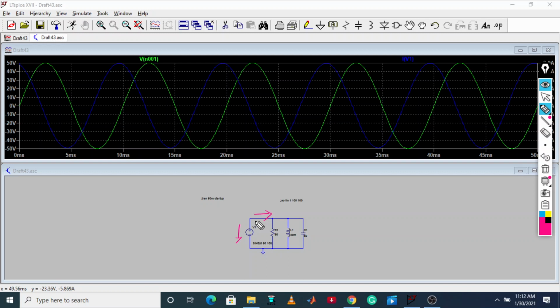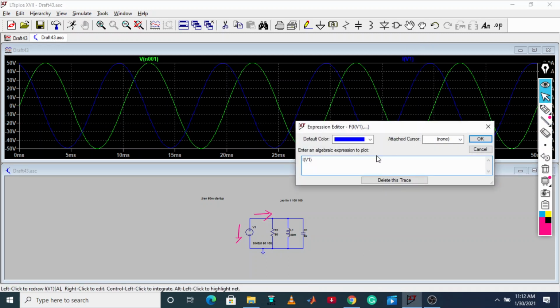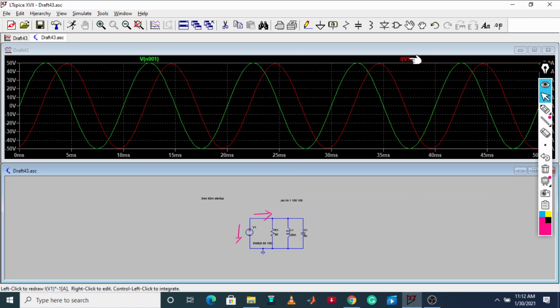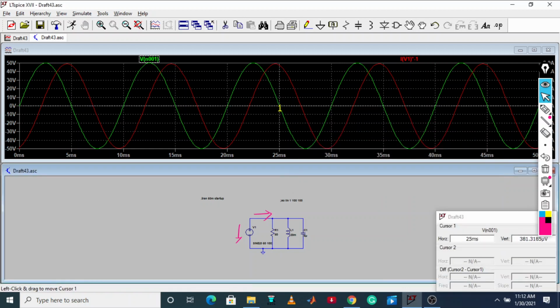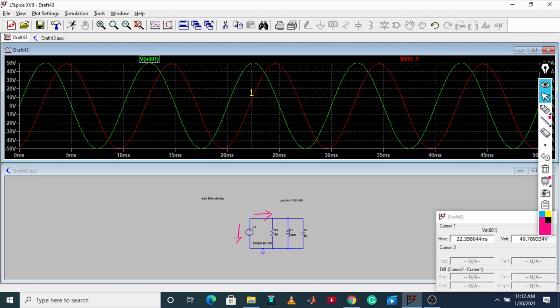For that, we are just going to keep our cursor over here, left click, and just multiply by minus 1. It will reverse our current and plot it with a different color. Now this is our actual current. If you calculate the power factor from here, it will be easily calculated. How? Just go here, left click over here. Now attach cursor, give the name first cursor. Okay. Now this will be your first cursor, and it will show the maximum value of wherever you put it.